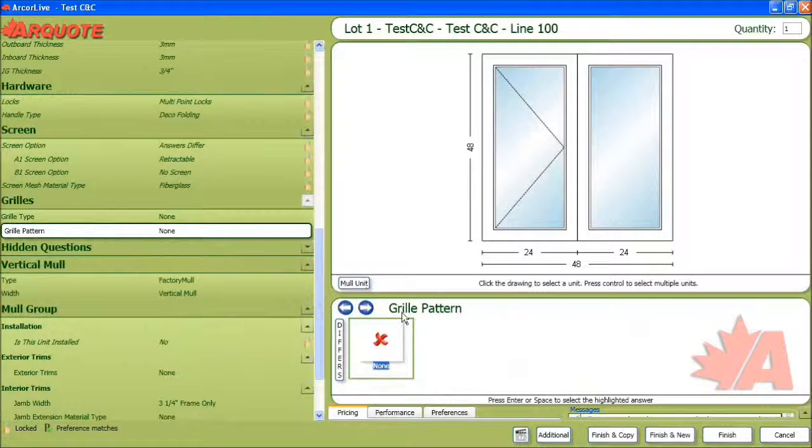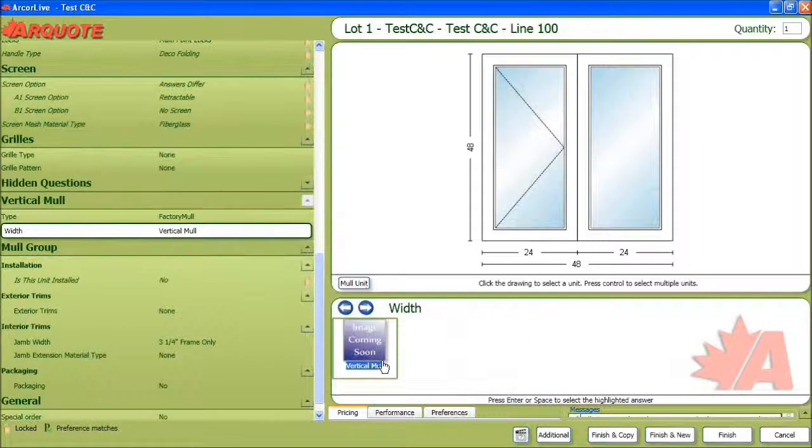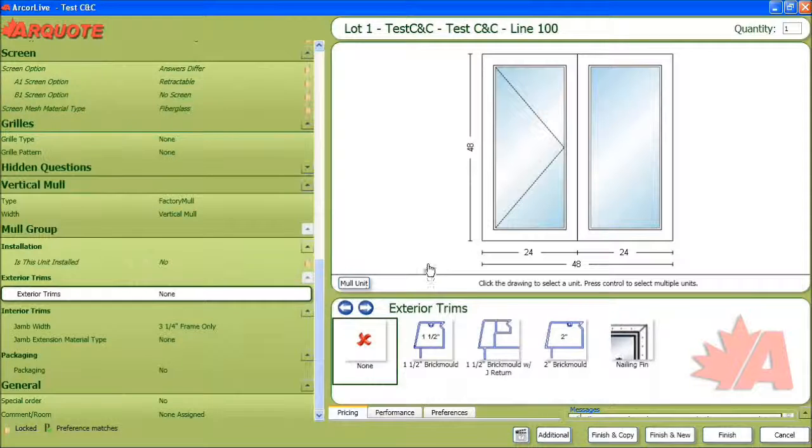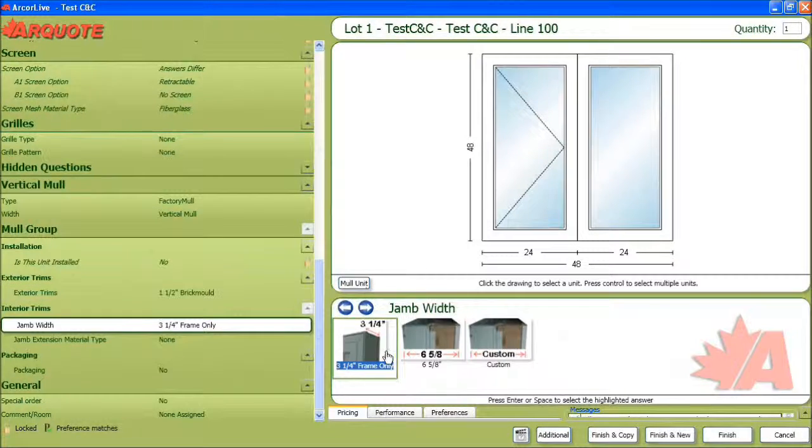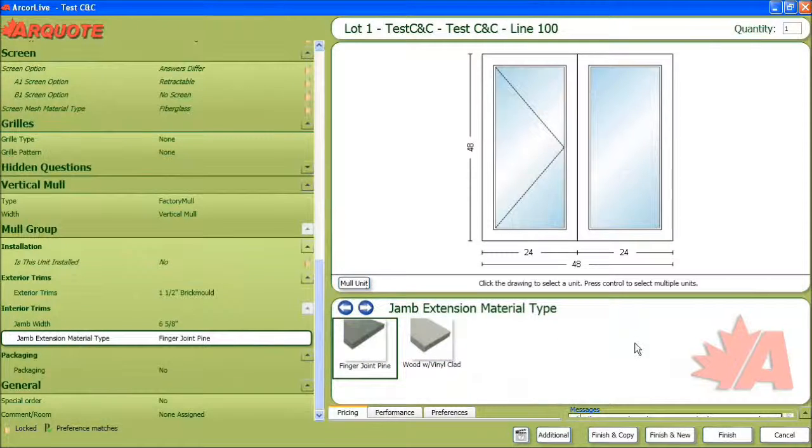Ask you your grill types. And once you're done, here's your exterior trims. So we go with brick mold, have a 6 and 5/8 jam,